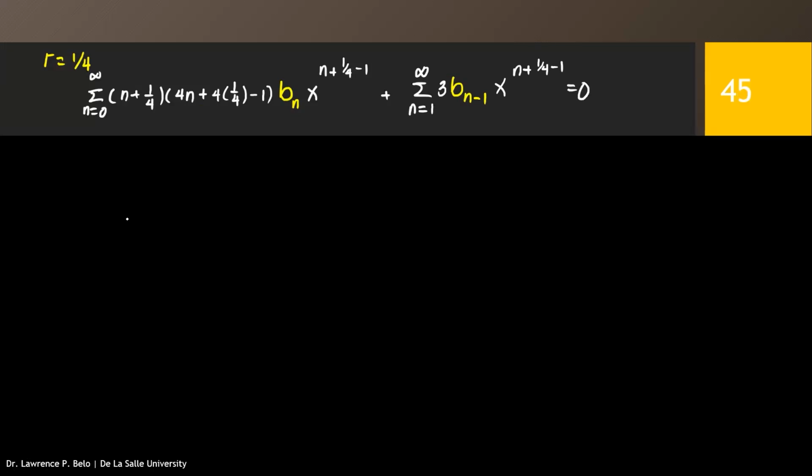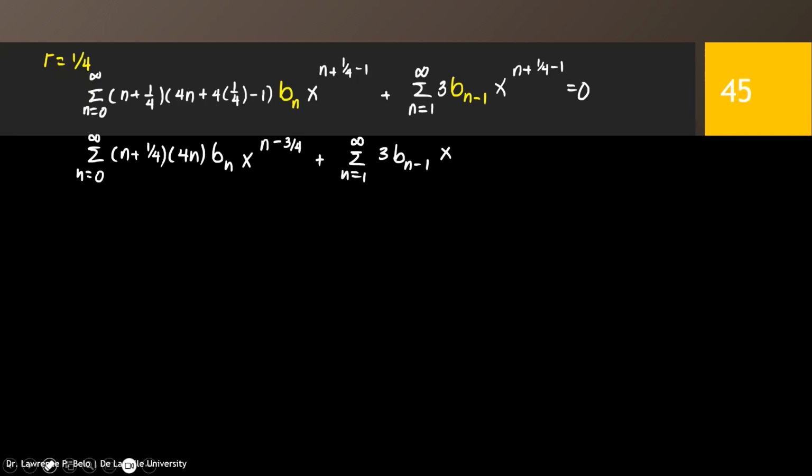So let's just try to simplify this one. 0 to infinity of n plus 1/4. This is simply 4n, this is bn x to the n minus 3/4, plus this one is n equals 1 to infinity of 3 b sub n minus 1 x raised to n minus 3/4 is equal to 0. So now that this is simplified,